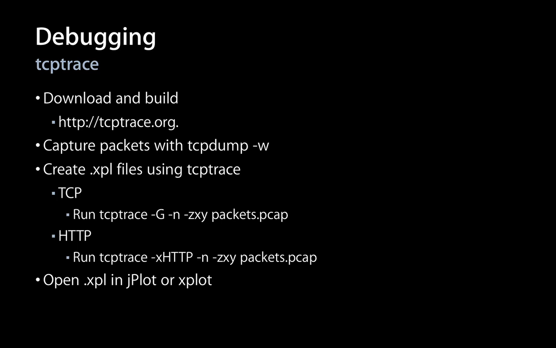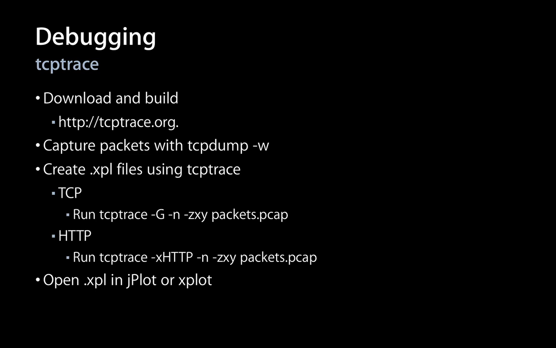If you have just TCP packets, you can run TCP trace -g and pass in the packet file. If you have HTTP traffic that isn't encrypted using TLS or SSL, there's a really nice module in TCP trace called XHTTP. This will actually do some analysis on the HTTP connections, and it'll show you if you have a persistent connection or pipelining. It'll break things down by each connection and show you when requests go out and when responses come back on each of those connections. It's really useful. When you've run this tool, it'll spit out the XPL files that you can then open in